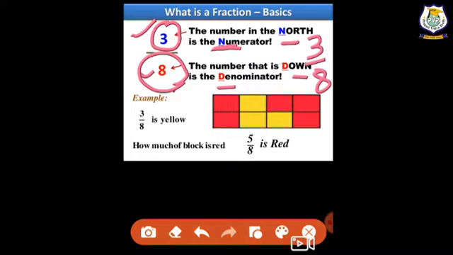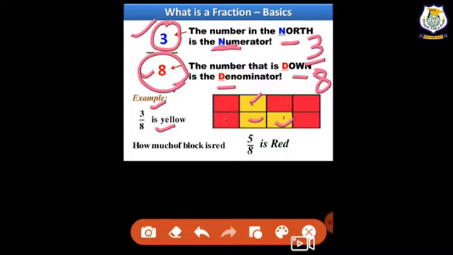One example I have taken, you have seen here the box. In this box, how many small boxes are there? 1, 2, 3, 4, 5, 6, 7, 8 in total. In the denominator we always write the total number of parts. So here you have seen 8 is there. Now they have told us to find out how many are yellow. So 1, 2 and 3. How many yellow are there? 3. So in the numerator we will write 3.